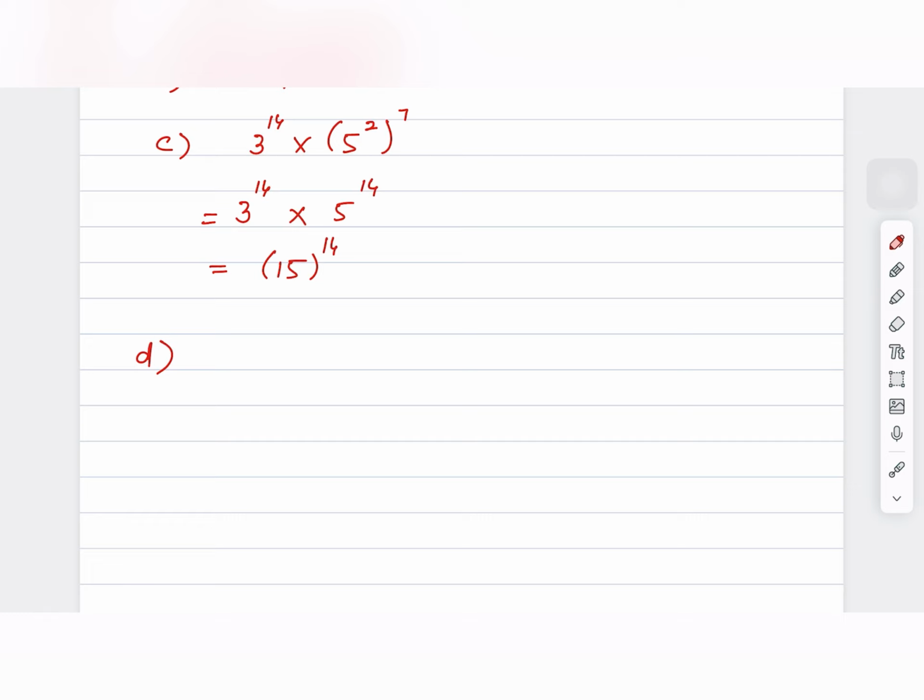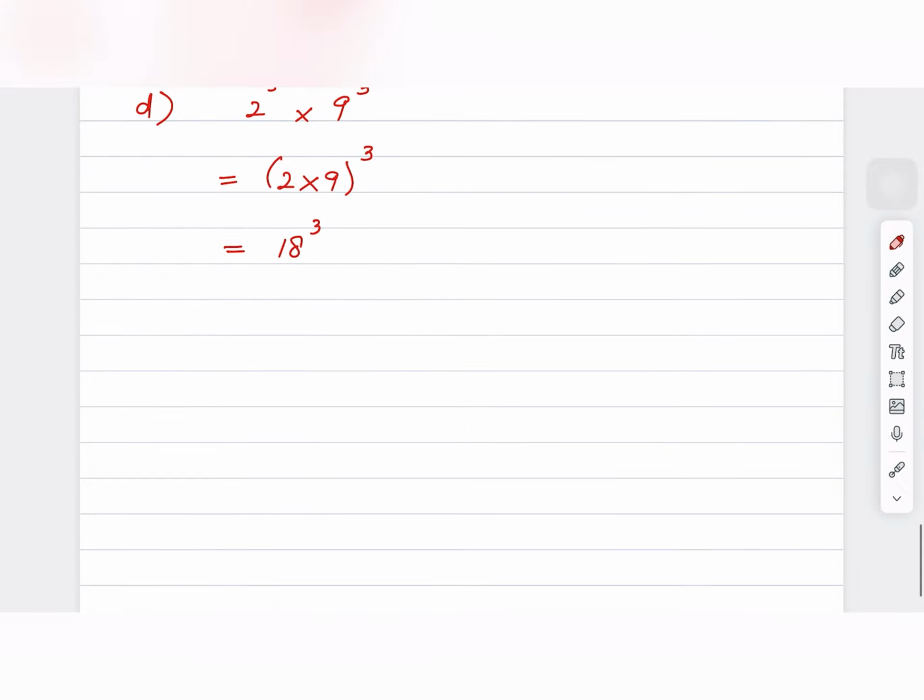Its D part is, this is 2 power 3 multiplied by 9 power 3. Again you have the same power, so you can multiply the bases, and it will be 2 multiplied by 9, and you can write the power outside the parentheses, and it will be 18 power 3, and you don't need to simplify it further. So E part is